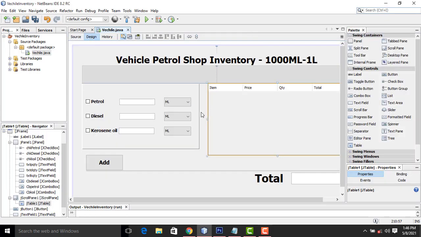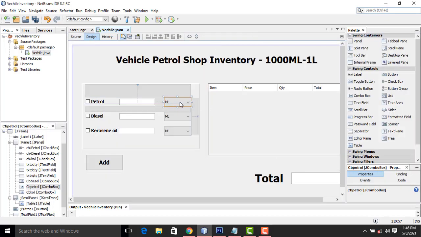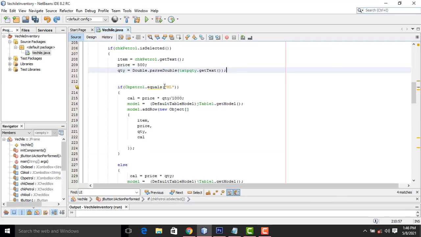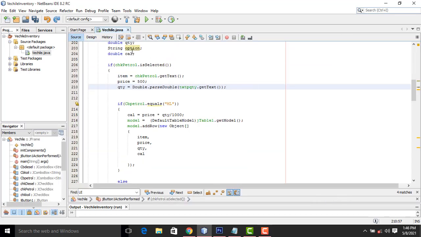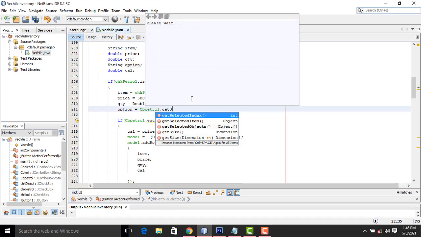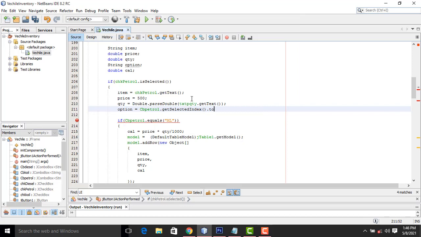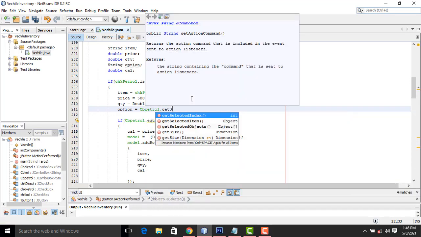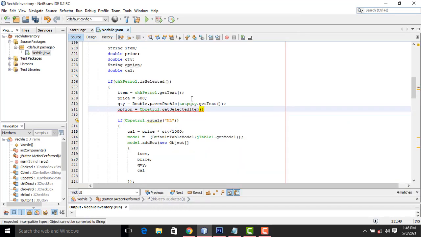This is the combo box, so here we don't set it equal to a particular variable. The option variable we have already created: option equals cbPatrol dot getSelectedItem dot toString, not getSelectedIndex.